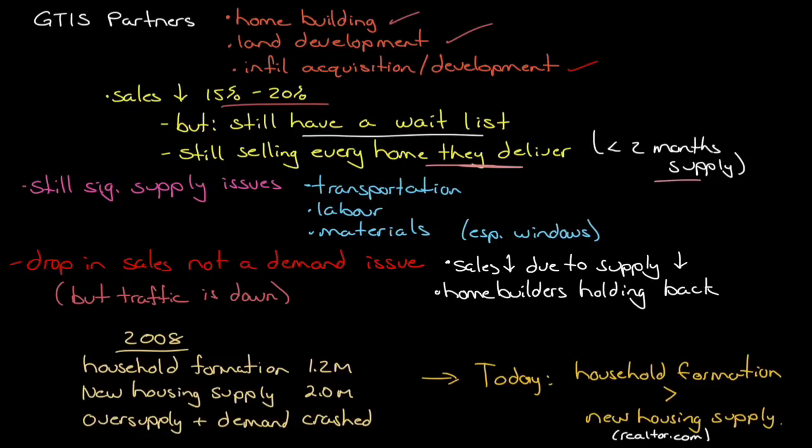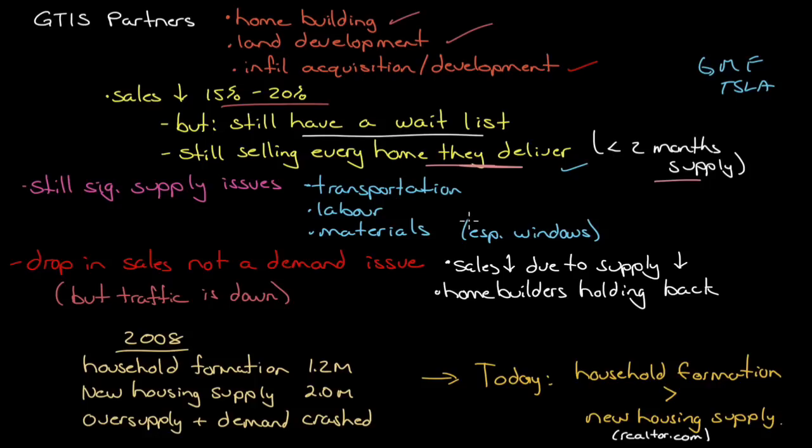And when we listen to the auto companies' first quarter reports, GM, Ford, Tesla, they all said the same thing. They don't have a demand problem. They have a supply problem. They can sell every single vehicle they make, which is what they're doing. They simply don't have an inventory of finished goods. And same thing we're seeing here. They don't have an inventory of finished goods, less than 2 months supply.